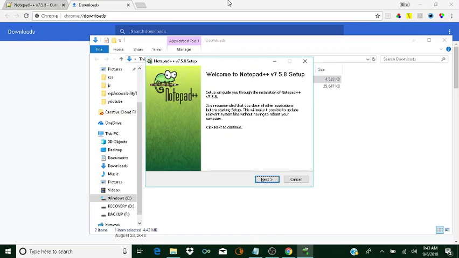Welcome to Notepad++ v7.5.8 setup. Setup will guide you through the installation of Notepad++ v7.5.8. It is recommended that you close all other applications before starting setup. This will make it possible to update relevant system files without having to reboot your computer. Click next to continue. So it basically tells you to close everything around it, but that's only if you have files open that you're going to want to open in Notepad. I wouldn't really worry about that,